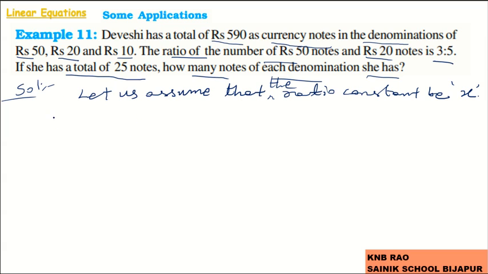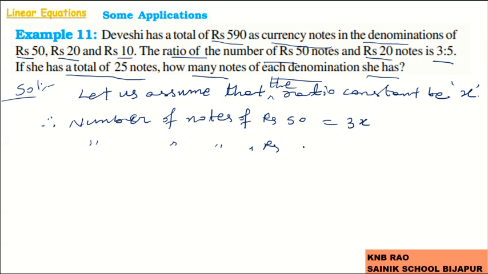From this ratio constant, we have the number of notes of rupees 50 as 3x, the number of notes of rupees 20 as 5x, and since she has a total of 25 notes,